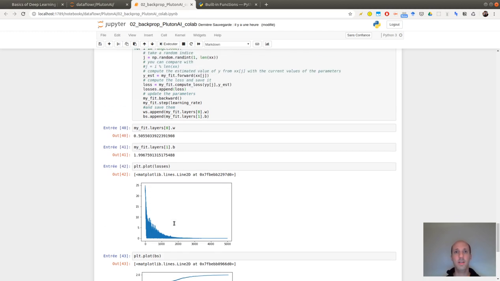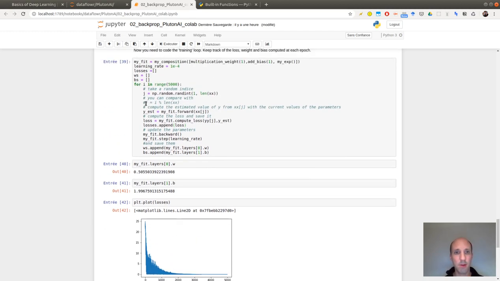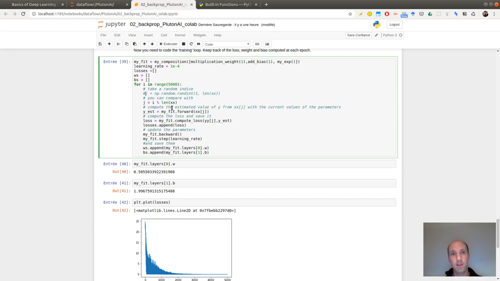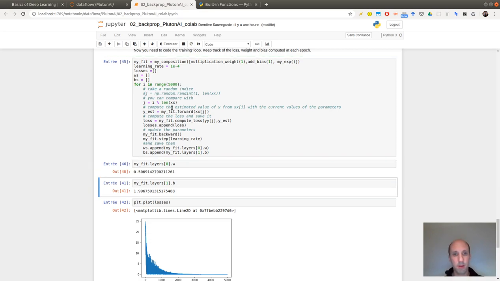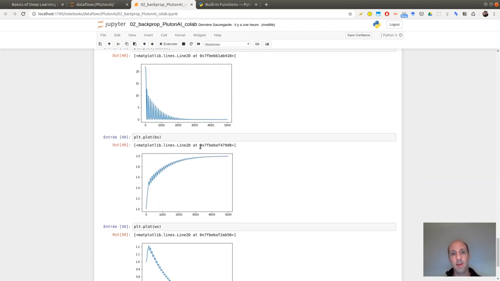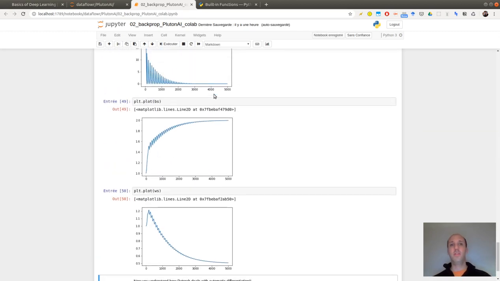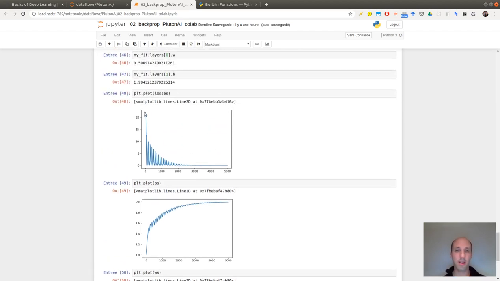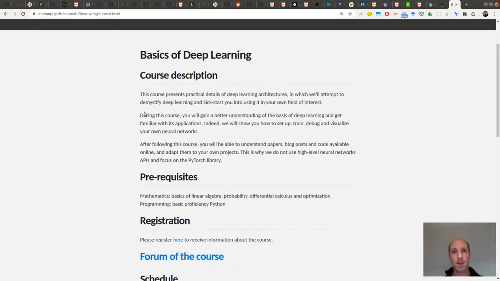The loss is decreasing. One last thing, probably you can do this. So here I'm taking random indices in my data set, but you might go through your data set in cycle. Okay, and then you still have convergence, but with oscillation due to the deterministic cycle you are doing on your data set. That's it. Thank you.